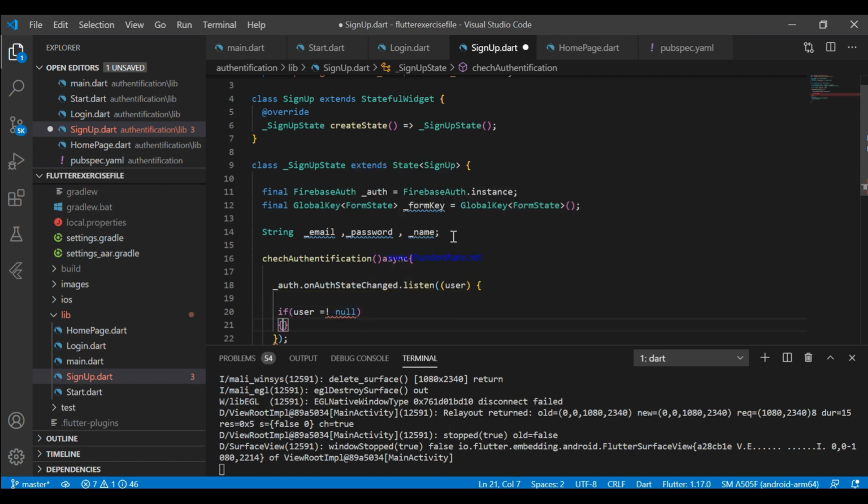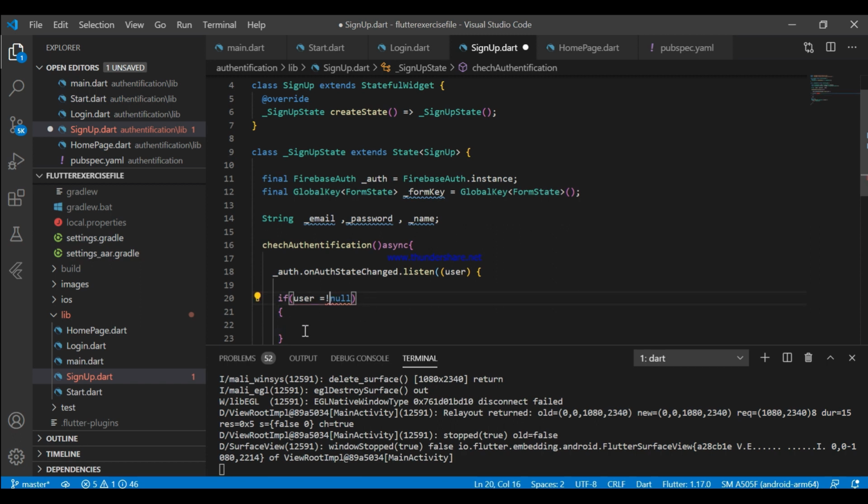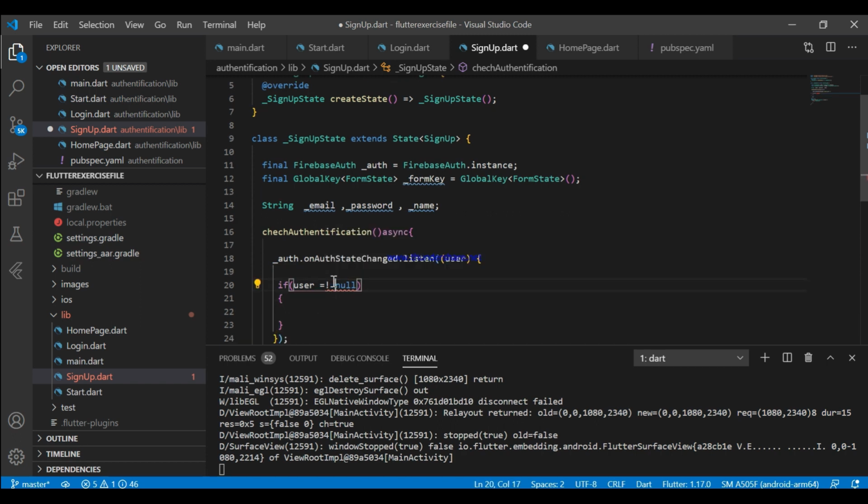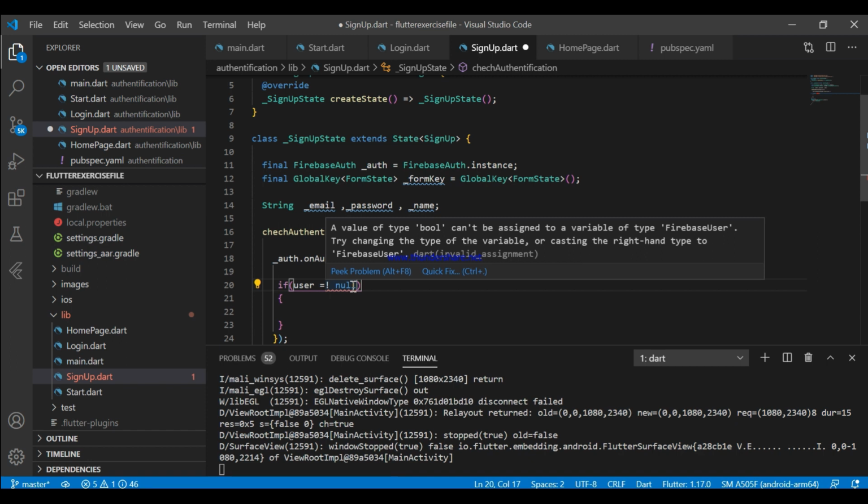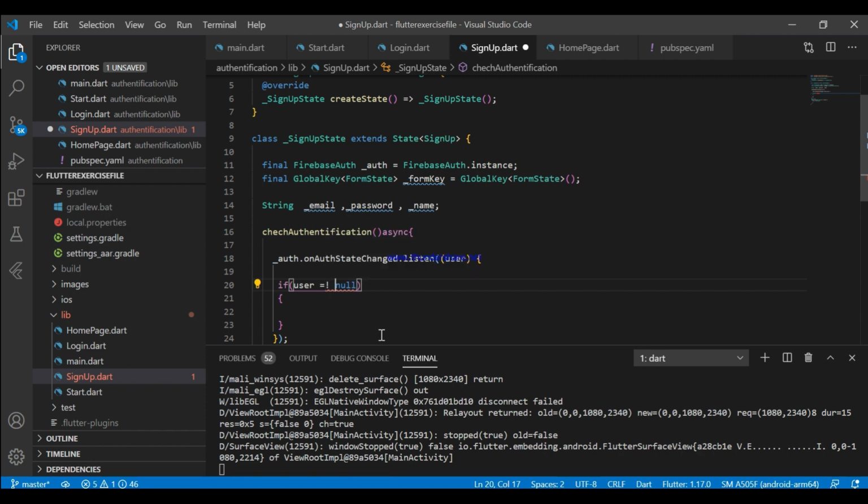If user is not equal to null, then again we are using navigator and material routes. Why is this giving me an error? So we'll fix this later.